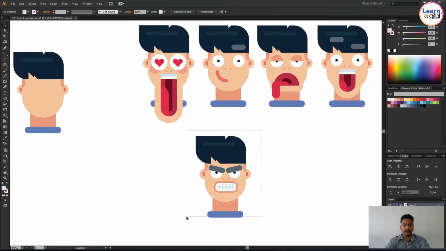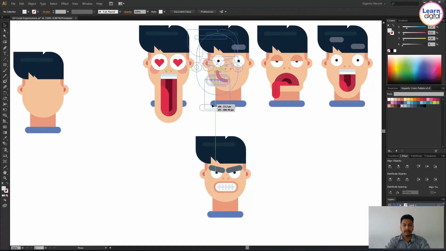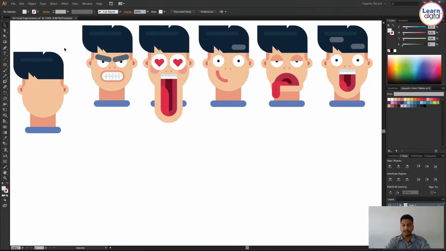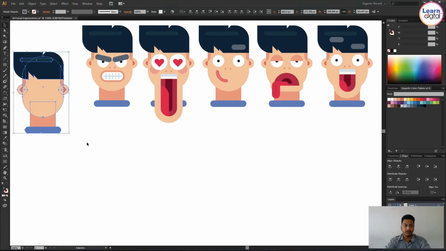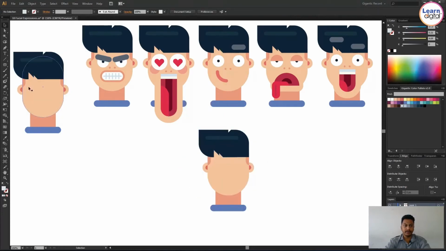You can observe already five expressions are done. Still keep doing experiments. If you move an individual part, you will get different expressions. Not an issue, small changes will give you different outputs.